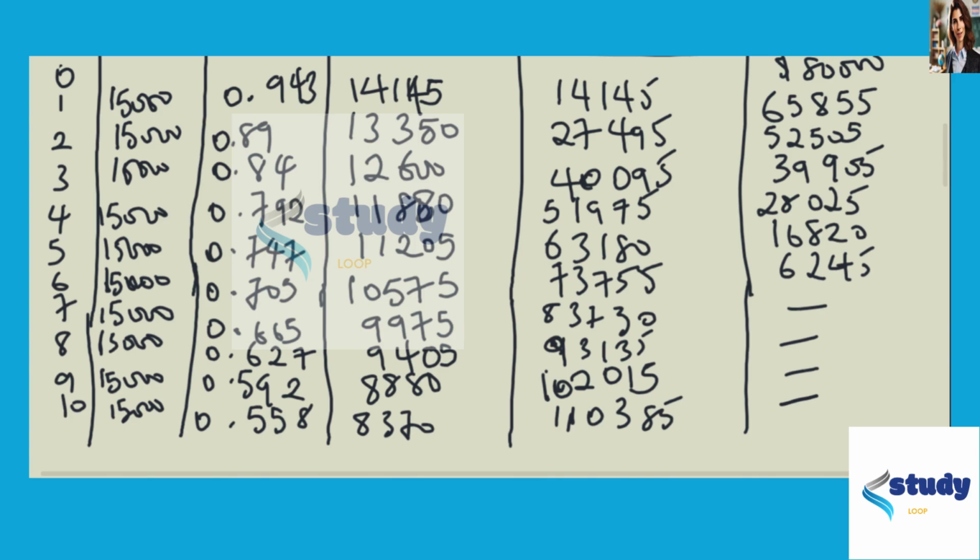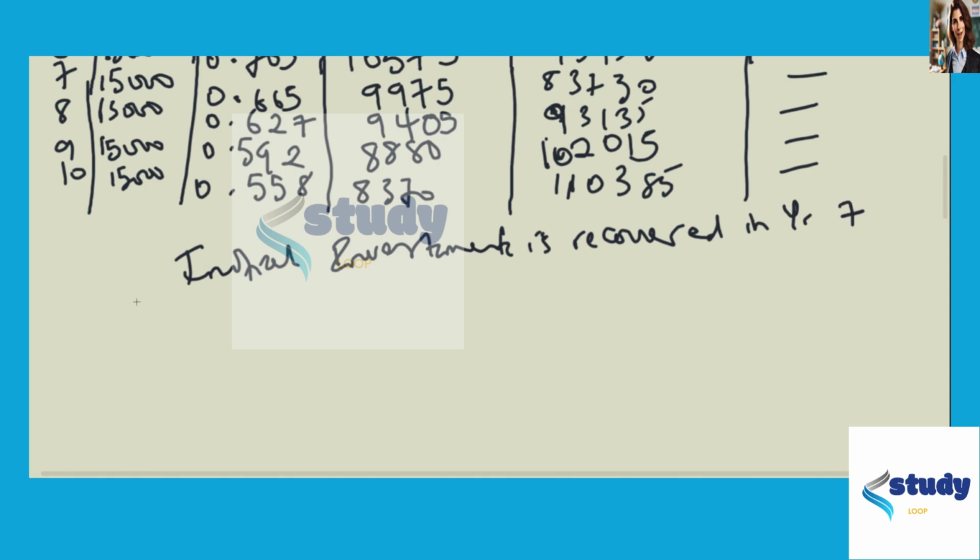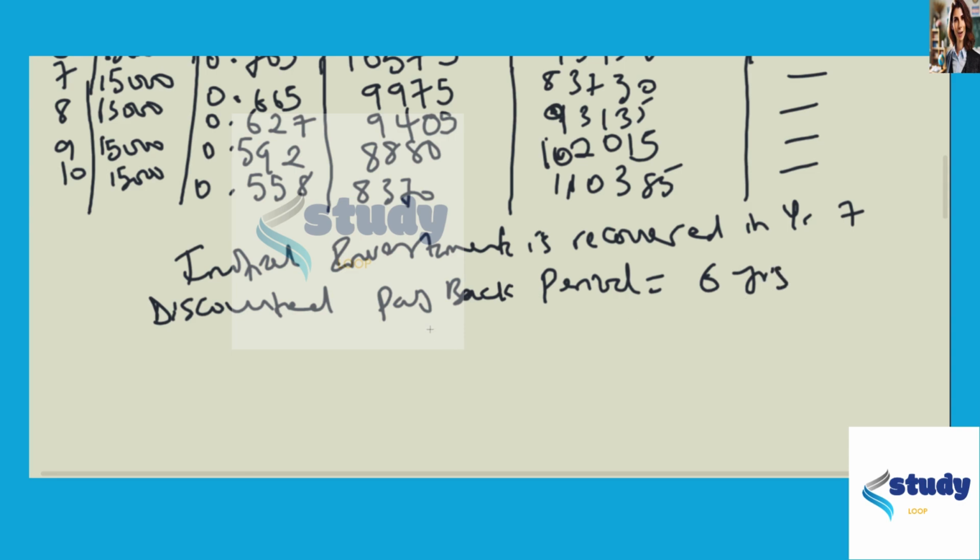So the initial investment is recovered around the seventh year, and the discounted payback period calculation will be as follows. The initial investment is recovered in year 7, and then the discounted payback period will be equal to 6 years